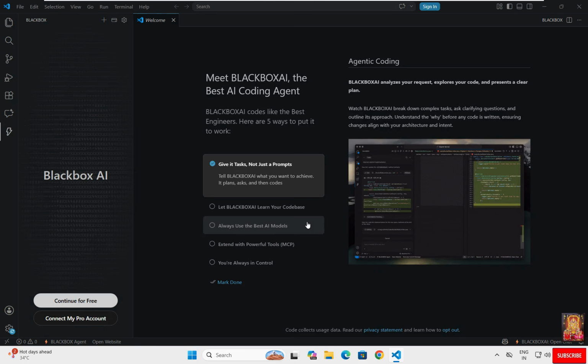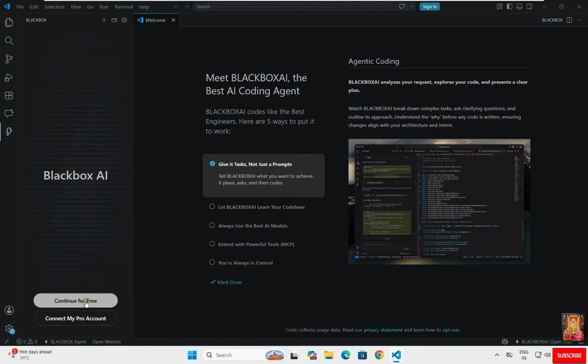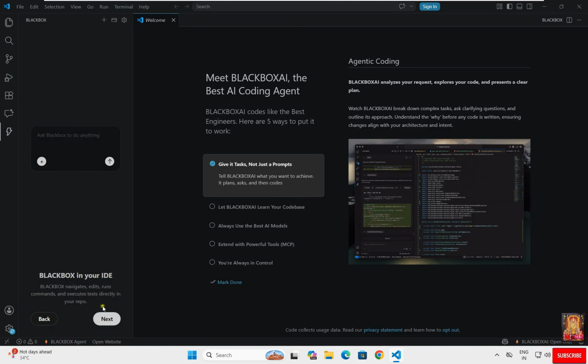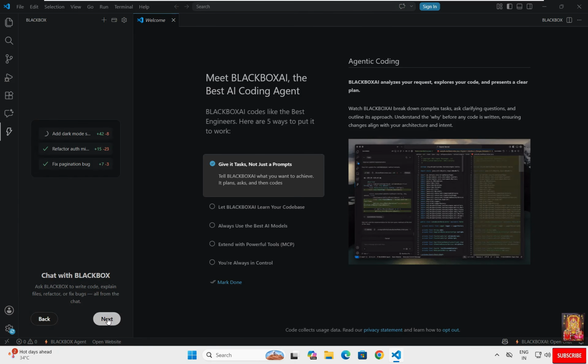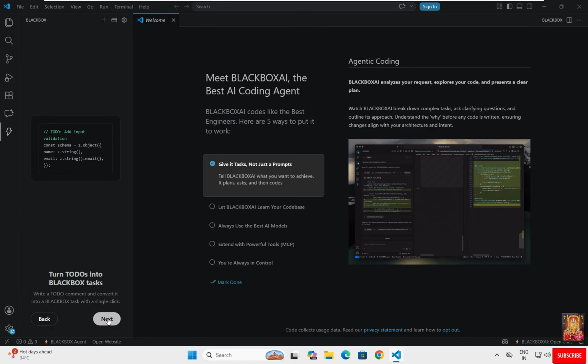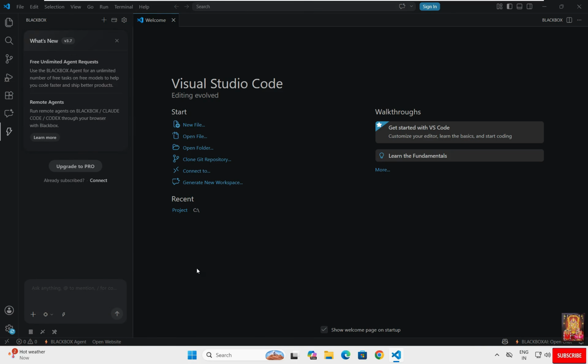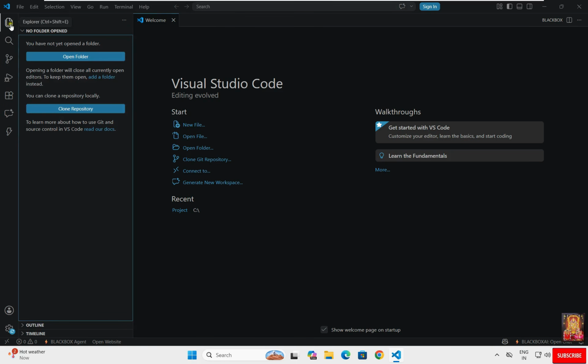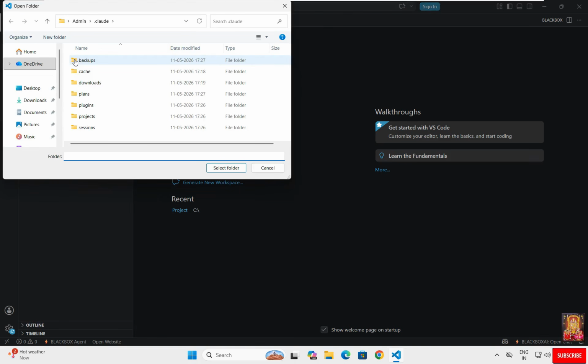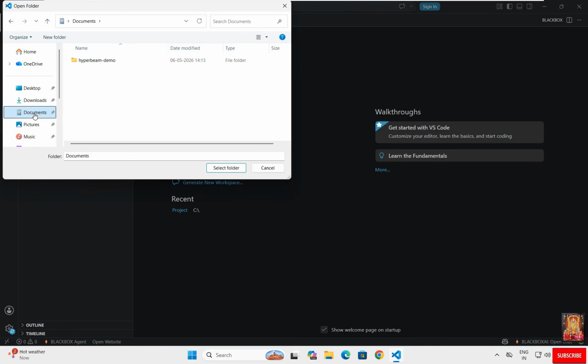Blackbox AI. Click continue for free. Blackbox in your IDE, click next. Chat with Blackbox, click next, click next, click continue, click mark done. Go to Explorer, click open folder, select documents, click new folder, set folder name Blackbox-project, select folder,